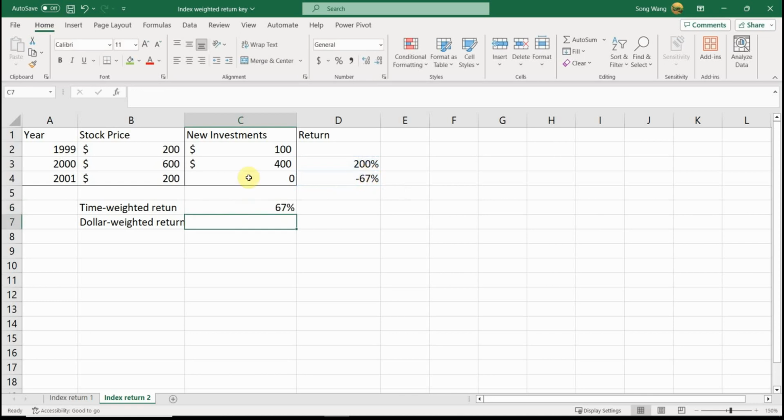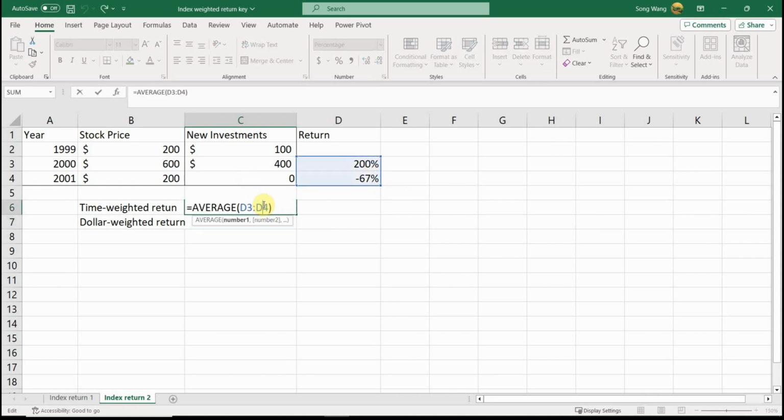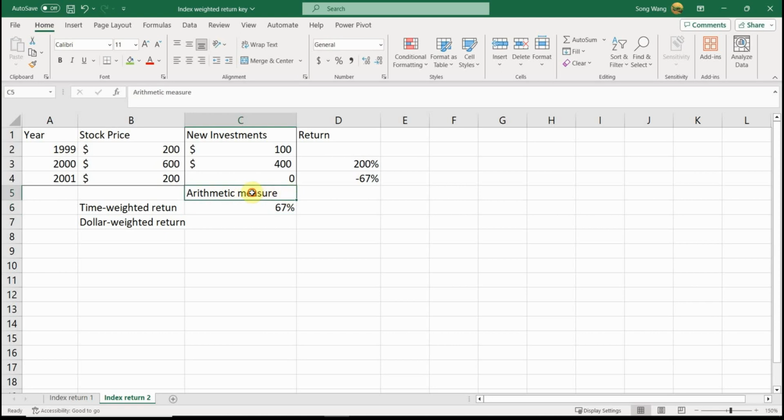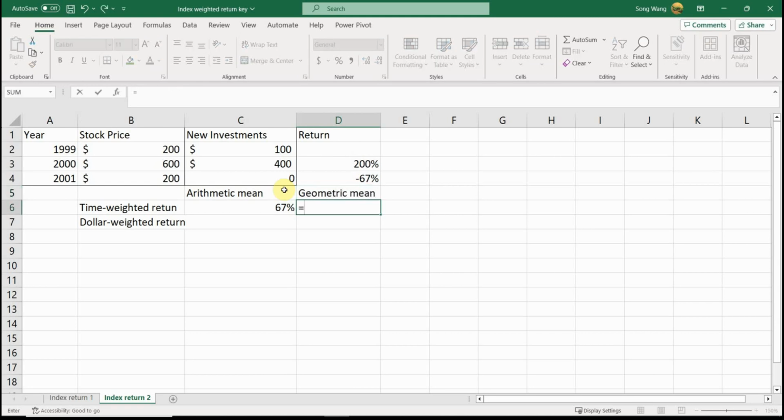Okay, as you can see, this is 67%, and this is based on the arithmetic way to measure. You just simply take the average, or the arithmetic mean. Okay, so if you take the geometric mean, you're going to use the products of the two. It's one. Just do a geo mean,